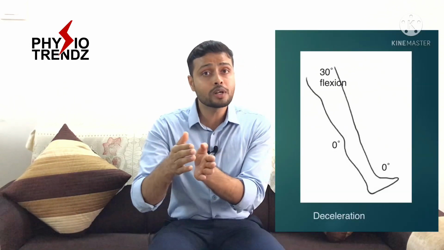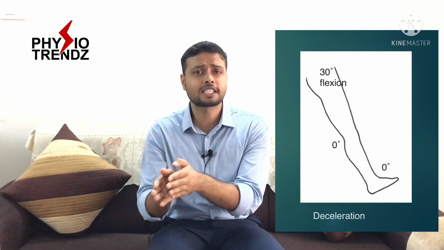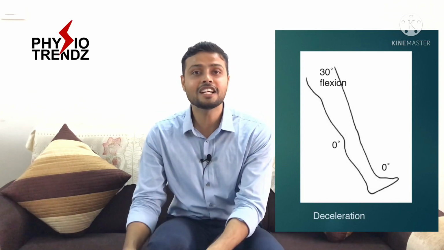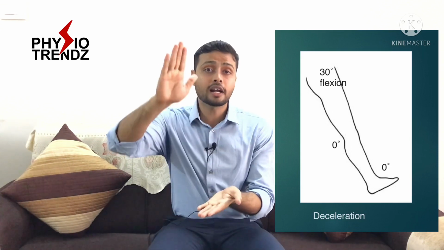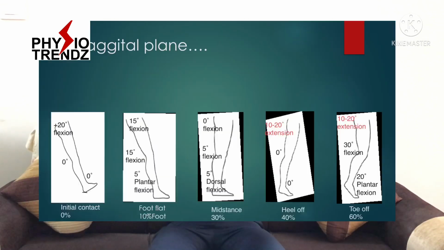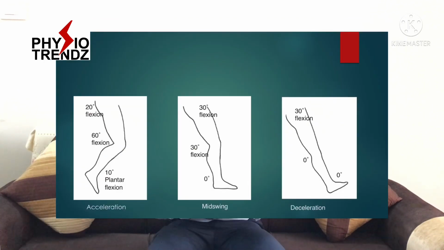That is why you will notice that the hip joint is again flexed to 30 degrees. The knee and ankle will come back to the neutral position because we are ready to land on the ground, and that is the position from where the heel strike starts again, and the same cycle continues as long as a person is walking. So my dear students, these are the normal sagittal plane findings that we can observe in each and every person. If anything goes wrong, and any ranges of motion are increased or decreased, it can lead to pathological or abnormal gaits.